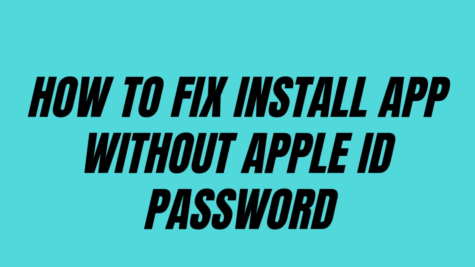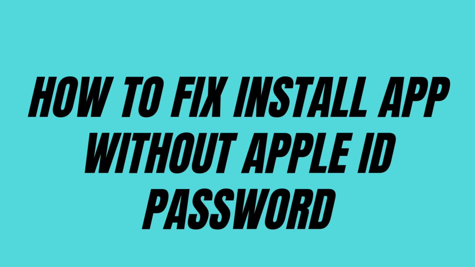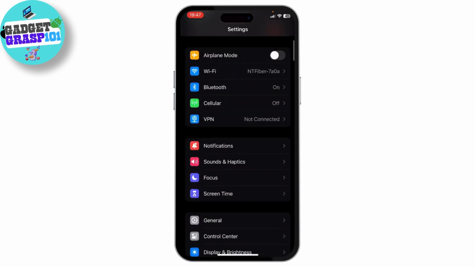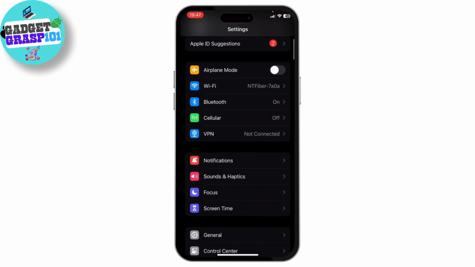how you can install apps without having to use your Apple ID. Now let's start. First, just go to your settings, and after you're on your settings, scroll down till you find